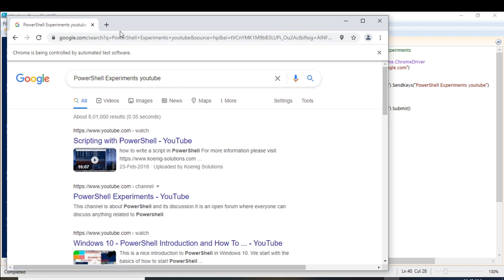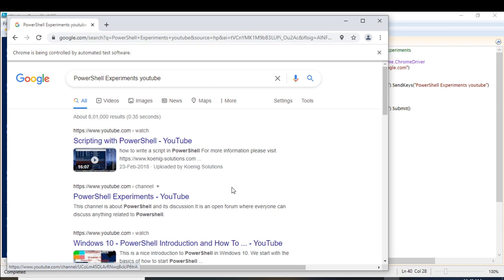See, it has opened, it has given the search results. Now I have to click here on my channel, this channel. So how can I do that? Again, I'll have to use the same technique. I have to locate this element uniquely by using the XPath, the same method which we followed just now.